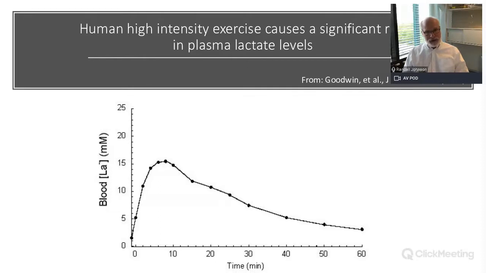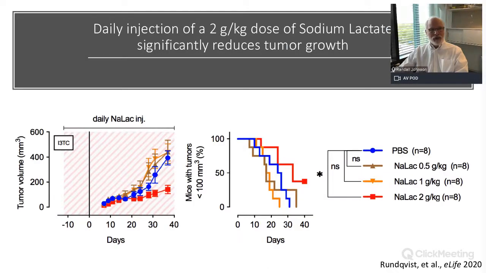And so we decided to focus in on sodium lactate as opposed to the anion, and ask, okay, at the kinds of levels induced by a high intensity exercise here in human subjects, levels approaching something between 15 and 20 millimolar, do you actually see shifts in T cell activation and function? And what Helen did was do daily sodium lactate injections to levels that will give rise to something between 15